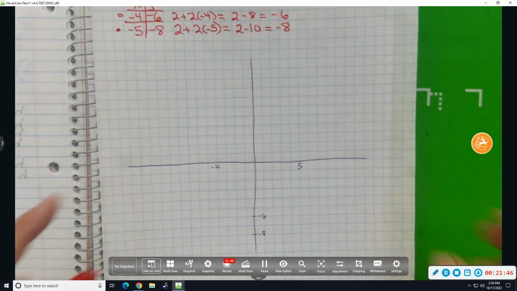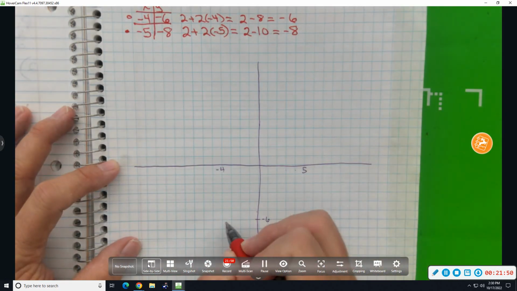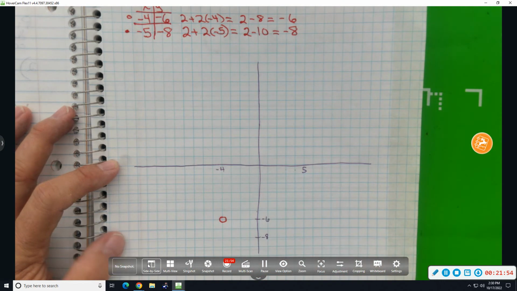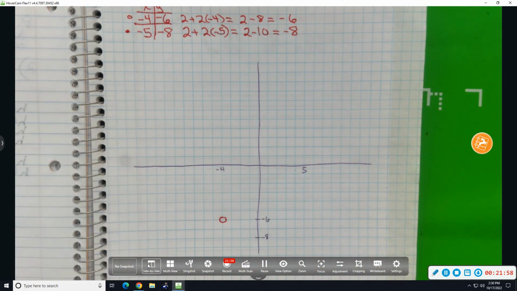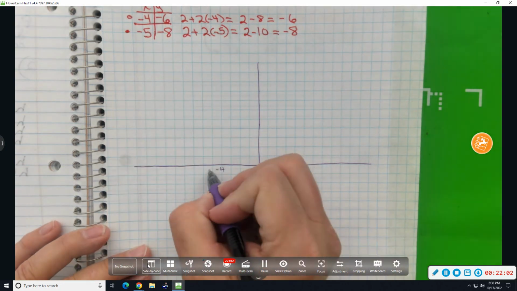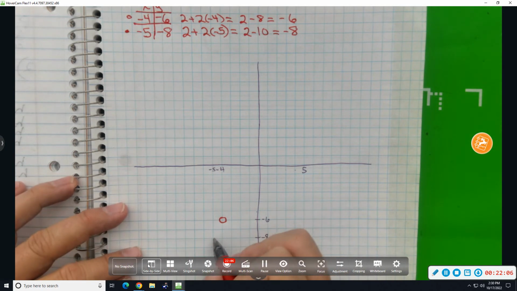So we have -4, -6. We're going to have an open circle at -4, -6. Our secondary point was at -5, -8. So right there,